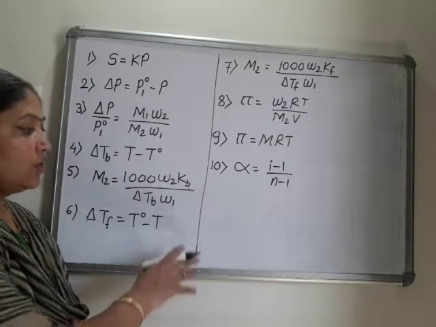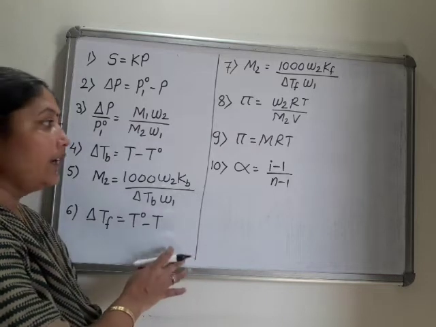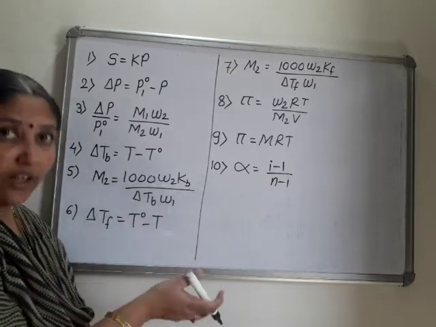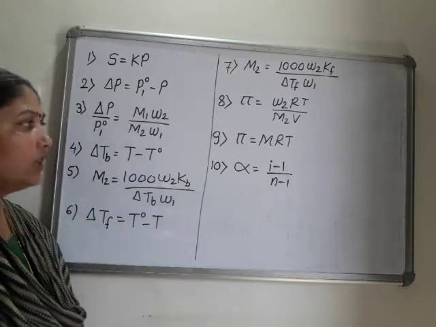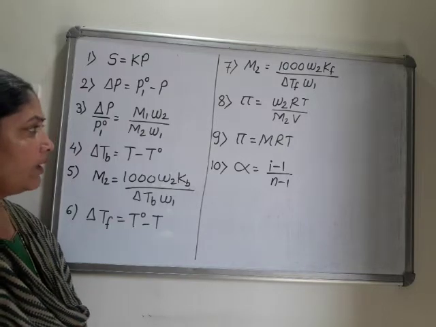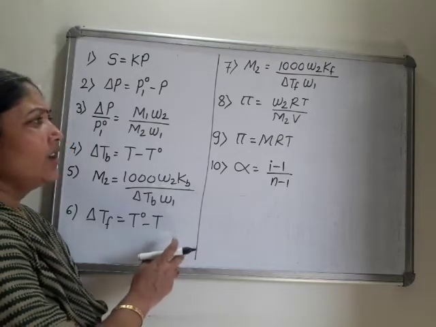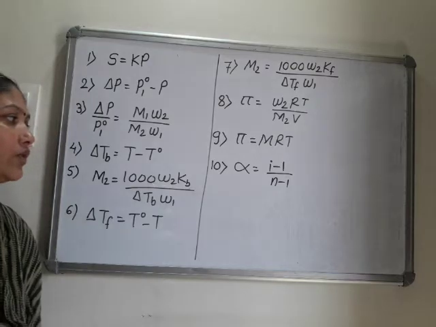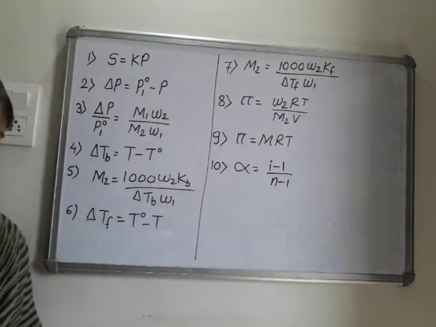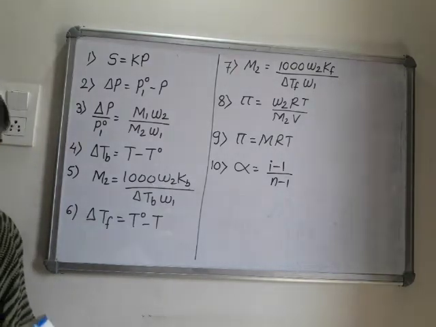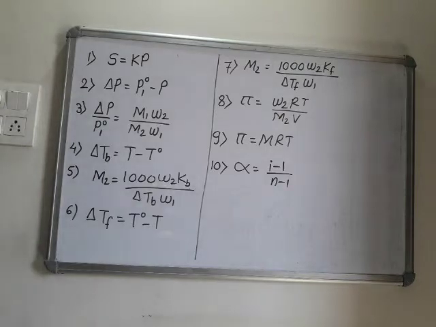Okay. So take a screenshot, write all this. Don't take a screenshot. Right now only, you write all this. You have to write numericals, solve numericals with me. So this is your formula list based on which we have to solve numericals. If left, you can take a screenshot and then write, but write this in your notebook. Very, very important. Only 10 formulae are there based on which we have to solve numericals.